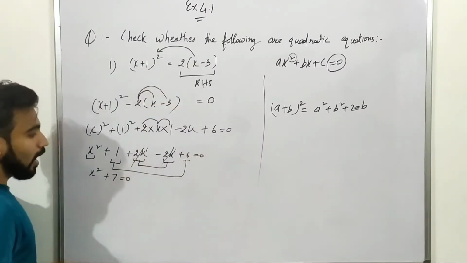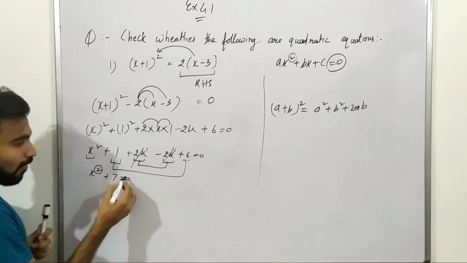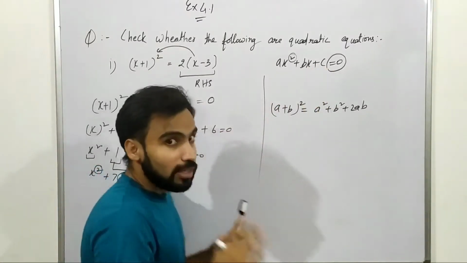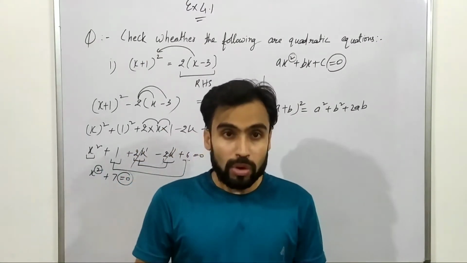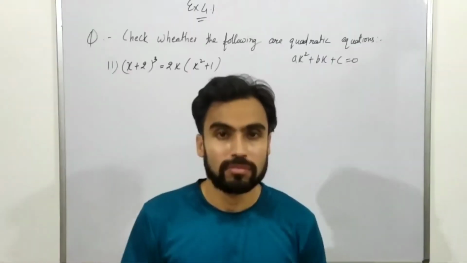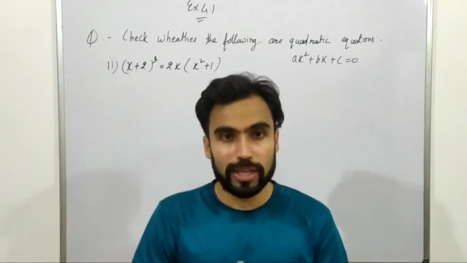Now further, I will check that the highest power is 2 here and the right hand side is 0. So this resembles the standard quadratic equation. So this is a quadratic equation. That's all. So students, now I have taken a similar kind of question for you,